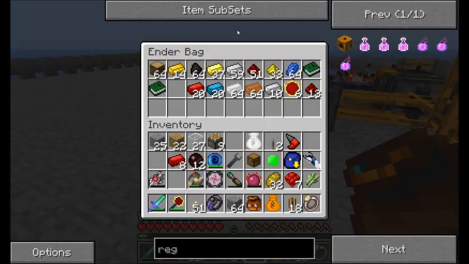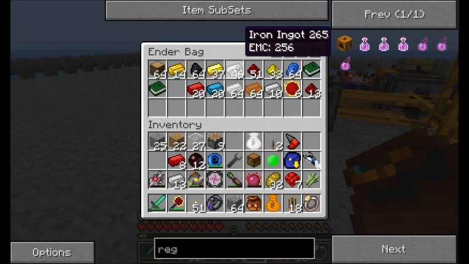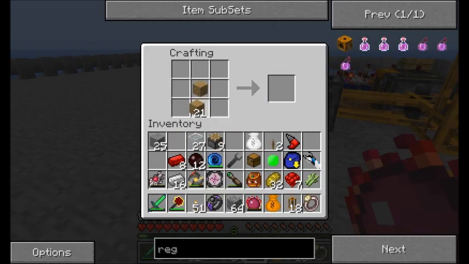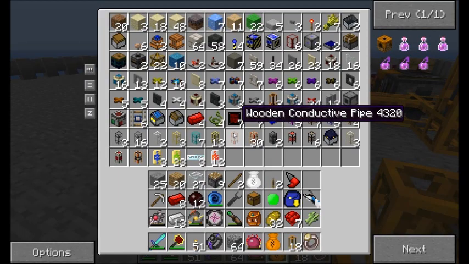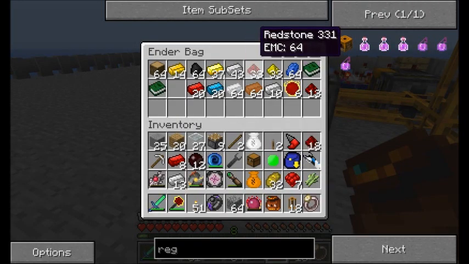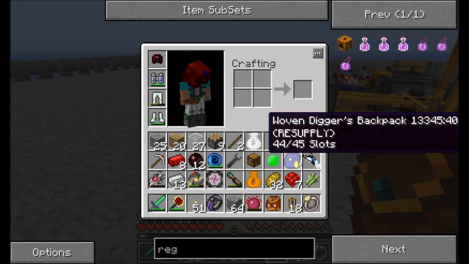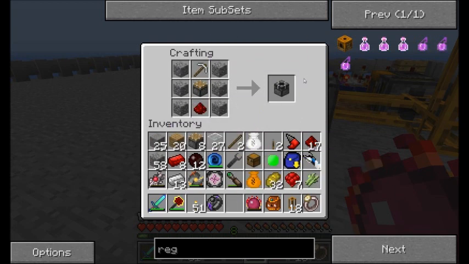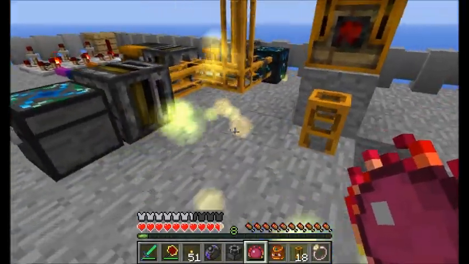Okay, so block breaker, going to need just a few iron. Might as well just get a handful of stuff because I'm going to need a bunch later anyway. And we'll do this. Probably could have grabbed a redstone while I was in my bag as well. That'll do. So redstone, piston, and iron pickaxe yields me a block breaker. Cool. Place this guy right